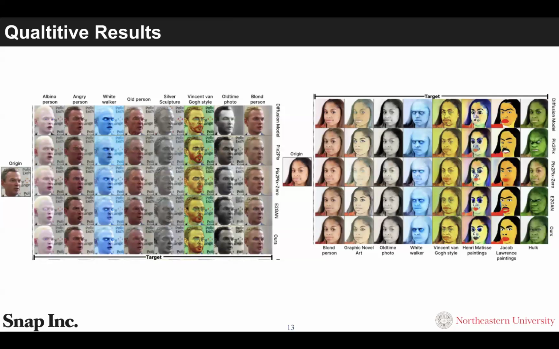We evaluate our method both quantitatively and qualitatively. According to the results, the models obtained by our method can modify the original images to the target concept successfully. For instance, for the Jacob Lawrence paintings prompt, our model generates more meaningful images compared to all the other baselines.